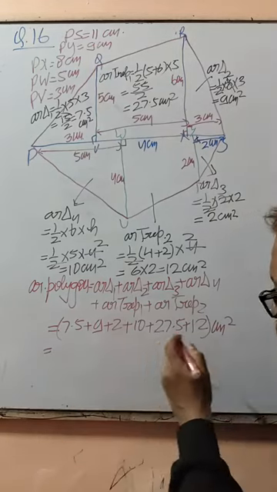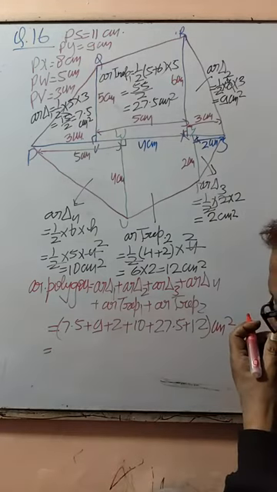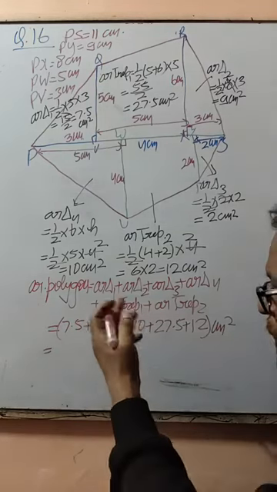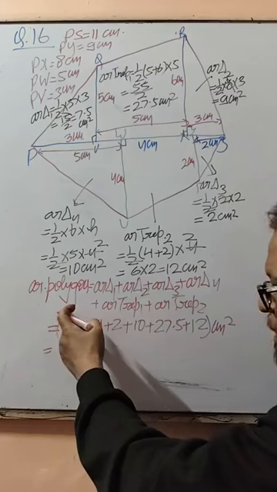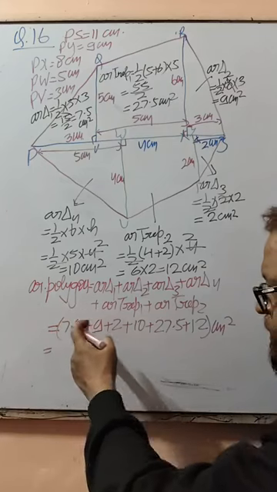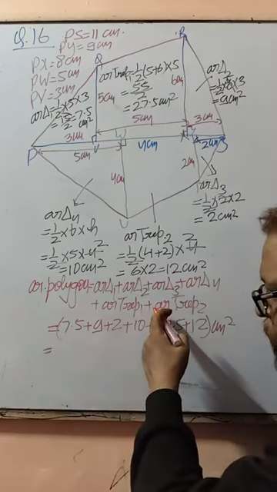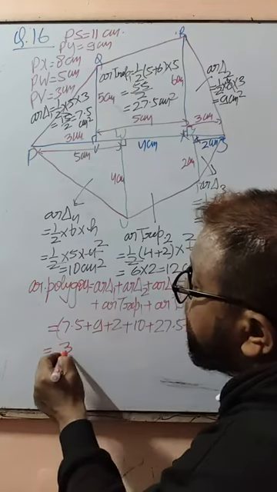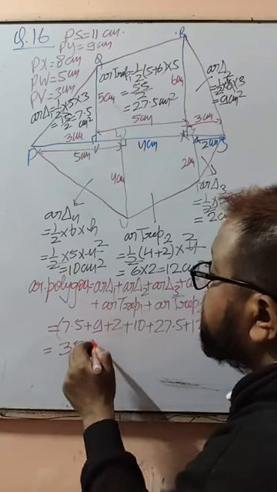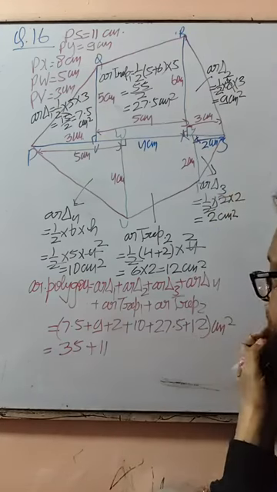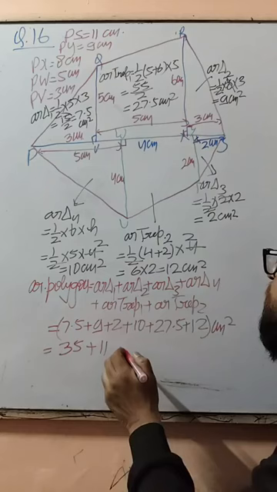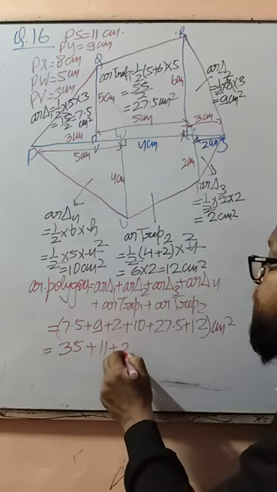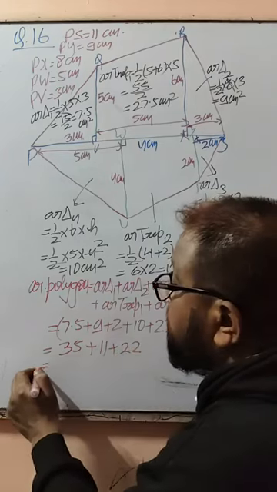So now how much? If we add 7.5, this is what? 5 plus 5 becomes 10. 0, 1 carry. Right? Yes, sir. 1 carry here. So 7 plus 7, 14. 1, 15. 1, 35. So this is 35 plus 9 plus 2 becomes 11. Plus 10 plus 12 becomes 22. So now you get 35.